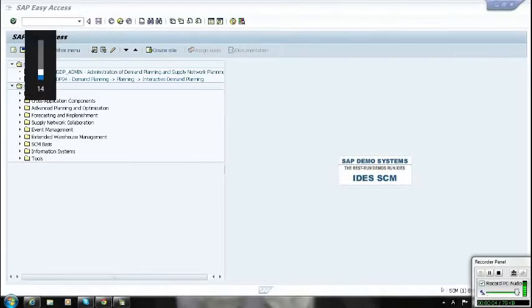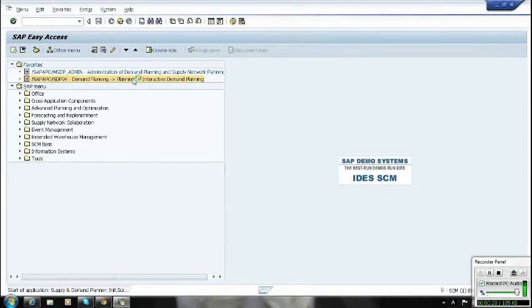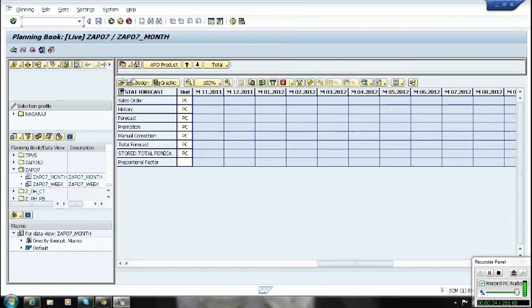And data views. What is the planning book, and how do we decide how many planning books and data views we should create in the project? Normally, a planning book is nothing but a layout of the design, like how you want to see the screen in interactive planning. If you go to /SAP APO SDP94, this is the interactive planning screen where users do the planning and see the results.